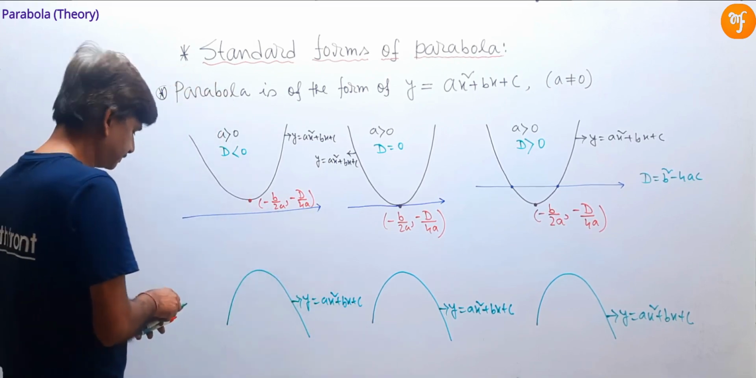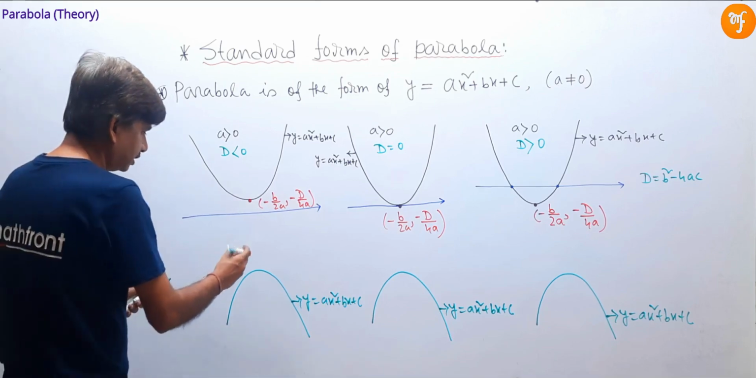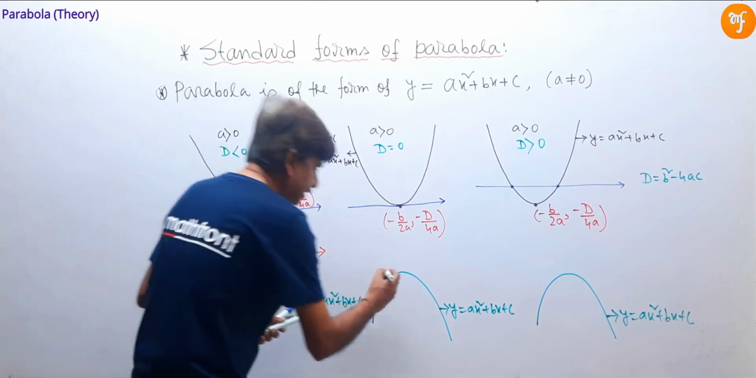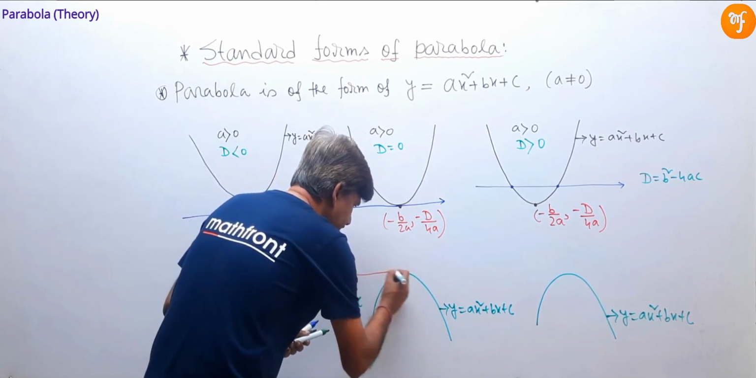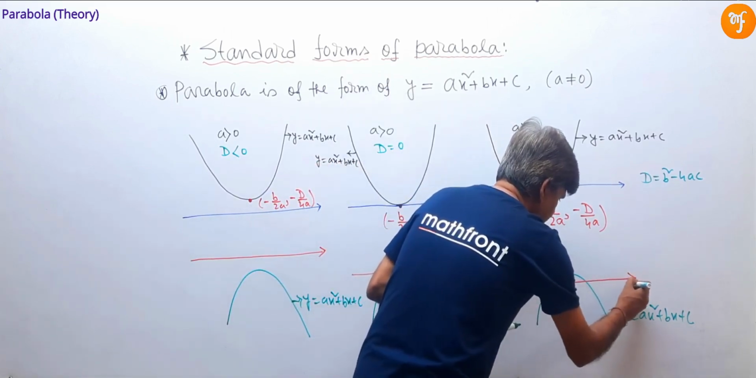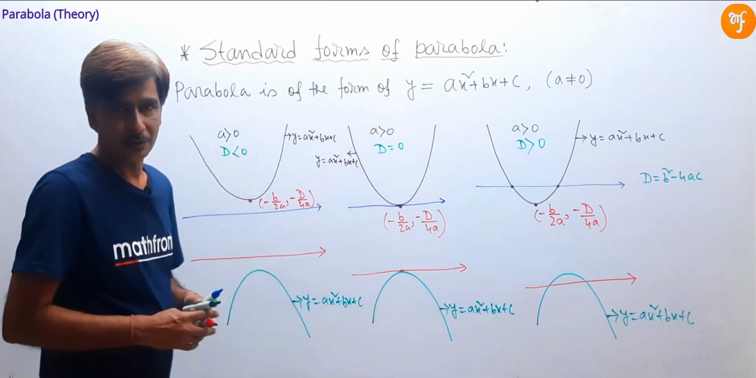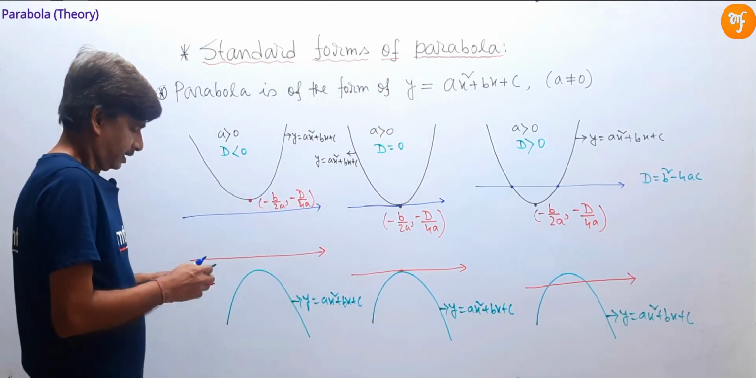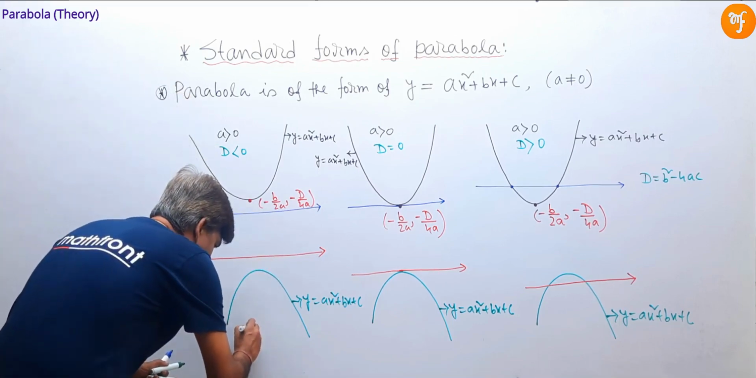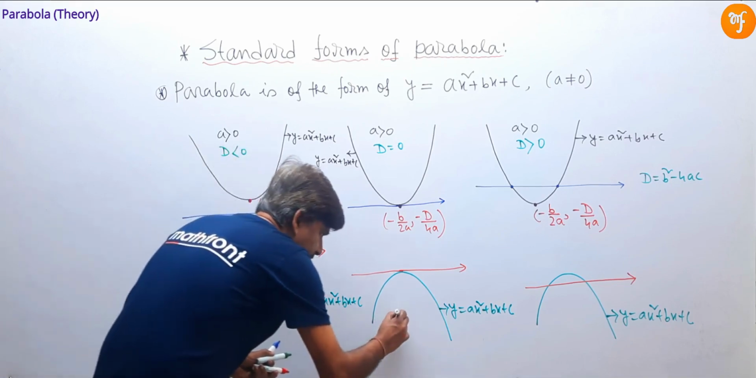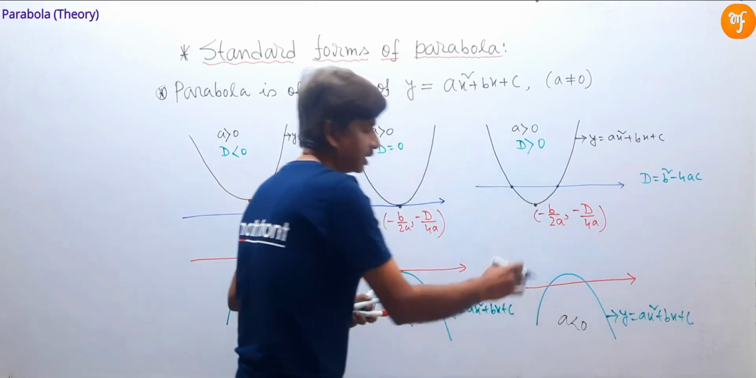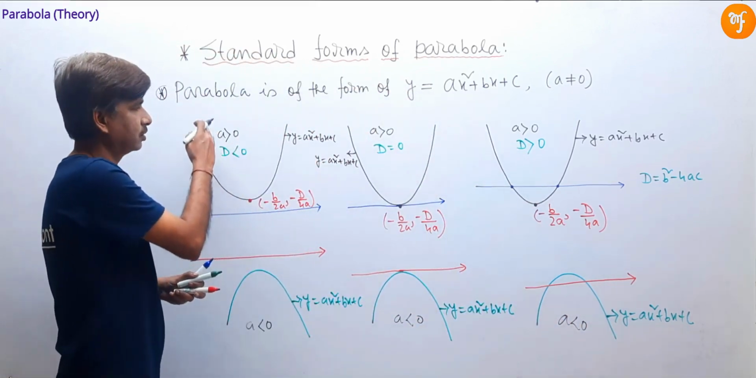In the first case, the parabola neither touches nor cuts the x-axis. In the second case, it just touches the x-axis, and in the third case, it cuts the x-axis at two distinct points. Now, in all of these three cases, the value of a is less than 0. So when a is less than 0, the parabola is concave downwards, and when a is greater than 0,